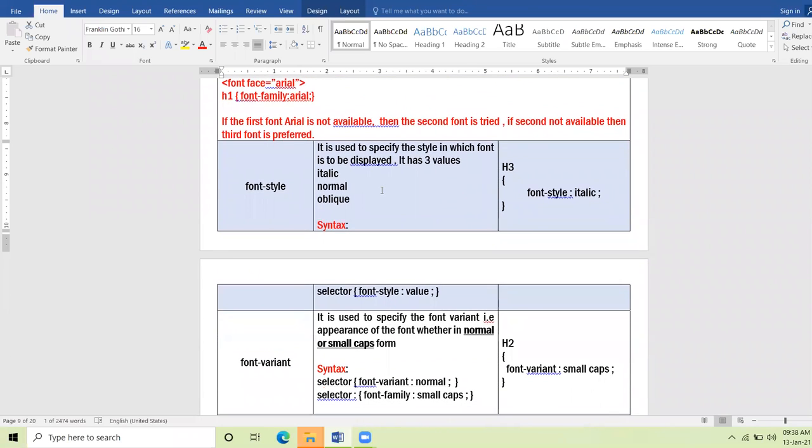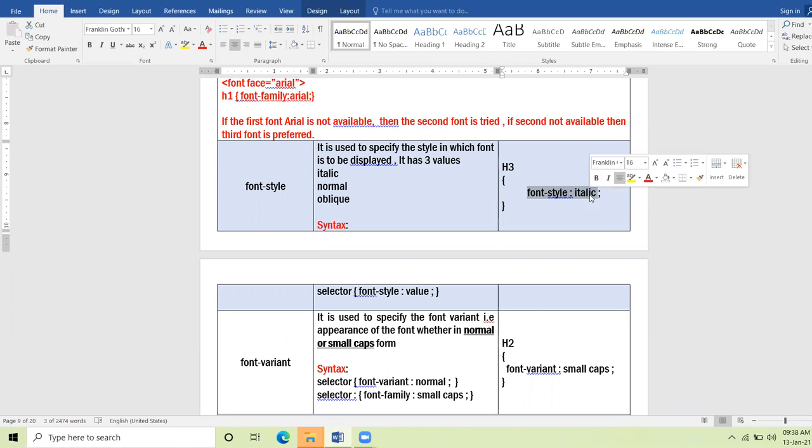Now the font-style property. Suppose you want to display your text in an oblique way, in italic, or as normal. If your text is normal, you can very well write without font-style. But if you want to apply the italic feature to your text, then you say font-style: italic.